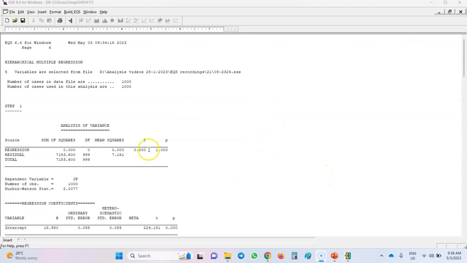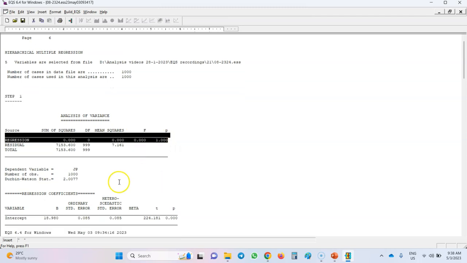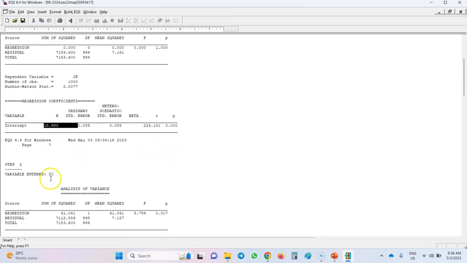Okay, as you can see in the first step, there will be no predictors in the model. That's why you can see a F statistic of 0 and the p-value of 1. You can also see the Durbin-Watson statistic for this particular model, as well as the unstandardized path coefficient for the intercept. In the second step, IC, which is the first variable in the predictor variables list, is added to the model,